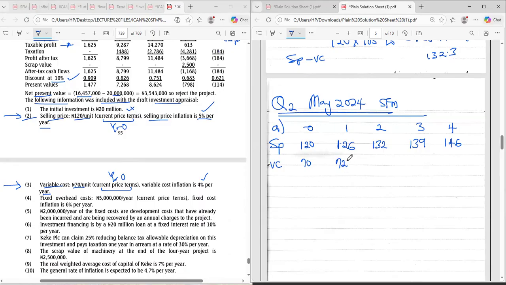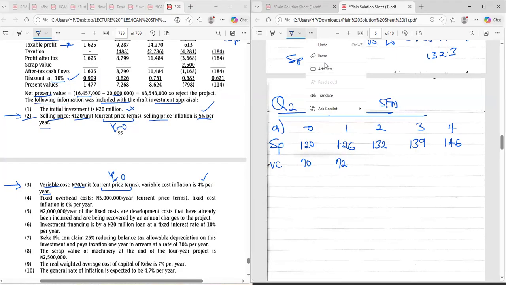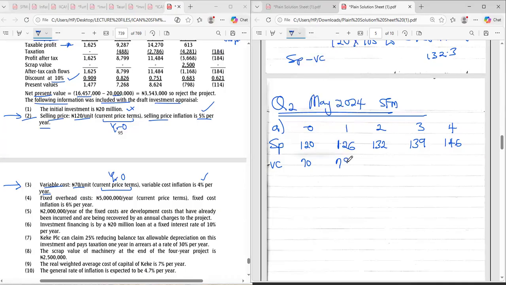Let's just say 73. Give me without decimal points. 73. What did you give me before? 72.8, approximately 76. The next one is what? 79. Please confirm. 82. So help me take it out from the variable cost, let's get our contribution.